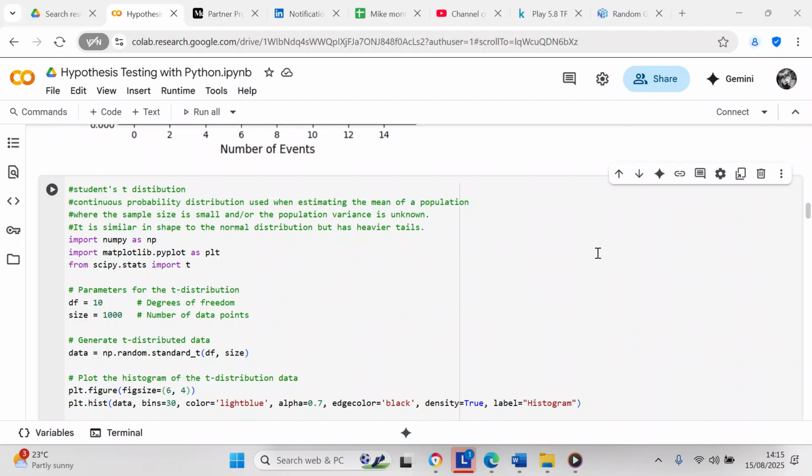Now we're going to set the parameters for the t-distribution. So df, that's your degrees of freedom, equals 10, and size equals 1,000. And we're going to generate the student's t-distributed data. data equals np.random.standard_t(df, size). So standard_t is your t-distribution, df is your degrees of freedom, and size is your number of data points,